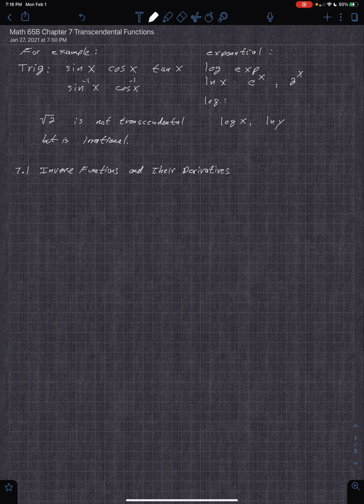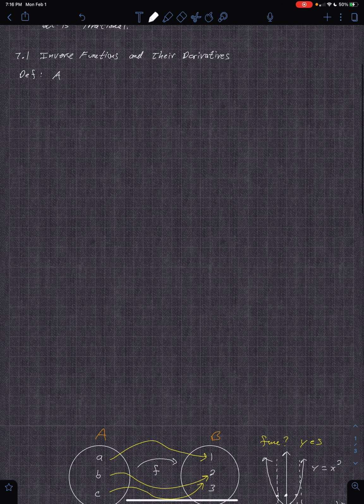We have one theorem, but it's kind of a warm up for the next few sections to talk about inverses and things like that. Okay, so let's first look at the definition of a function. We want to review all this before we get going on everything else. So a function